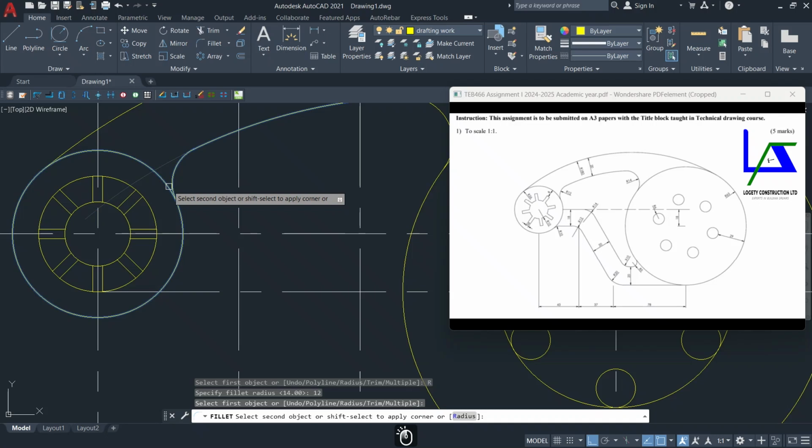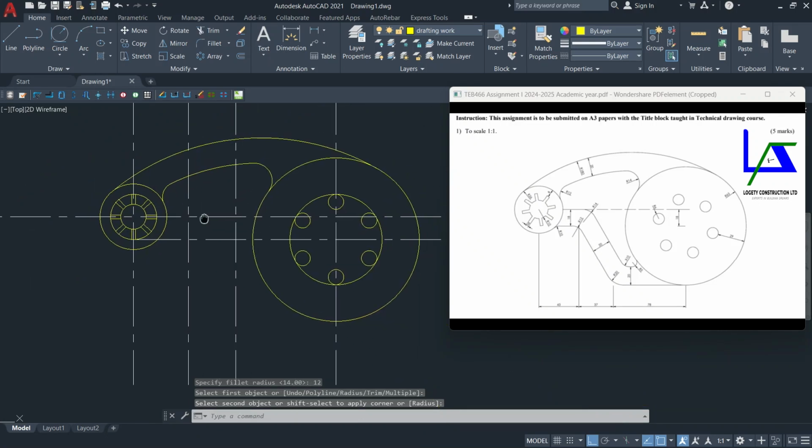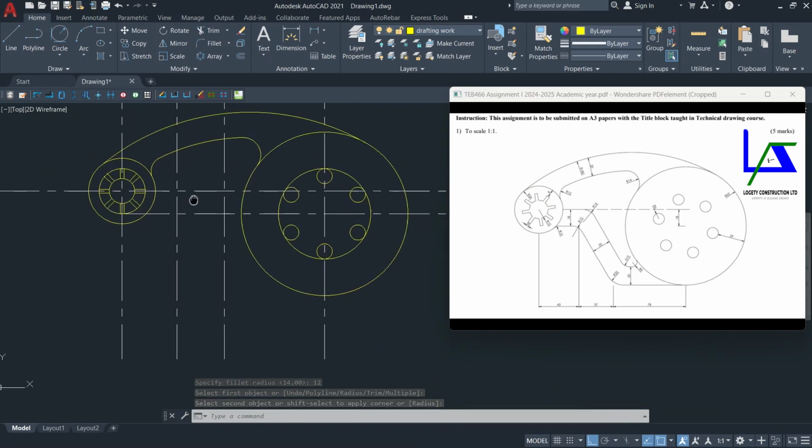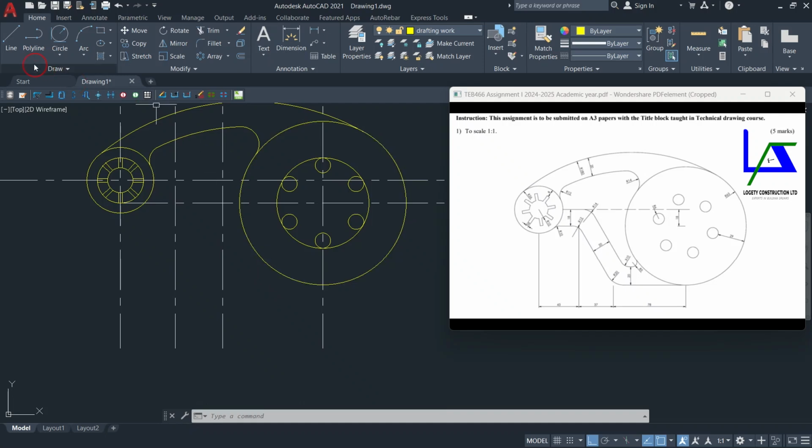First line, second line. Okay? Perfectly done. Now, go to line and then start from the corner, then you end here like this. Then you press escape. Now, this one is a straight line, but it is starting from this point